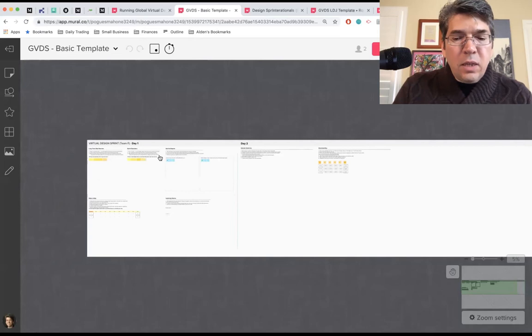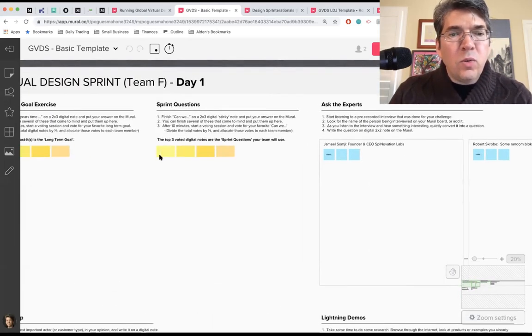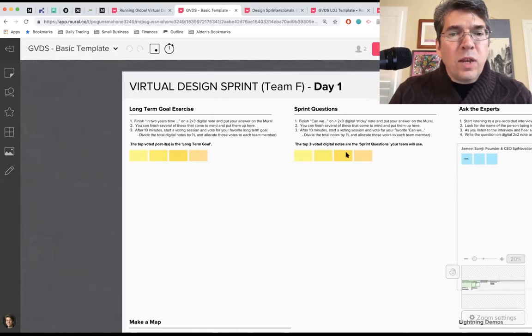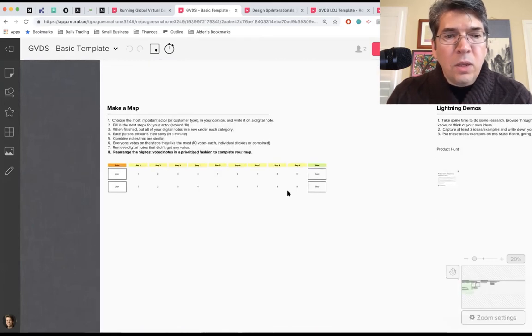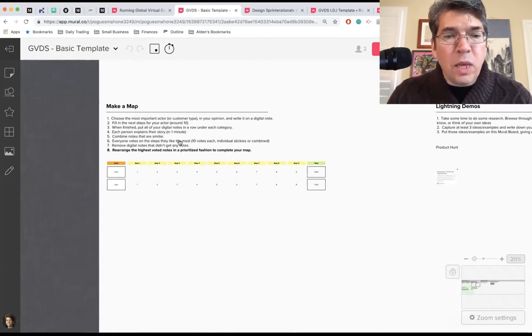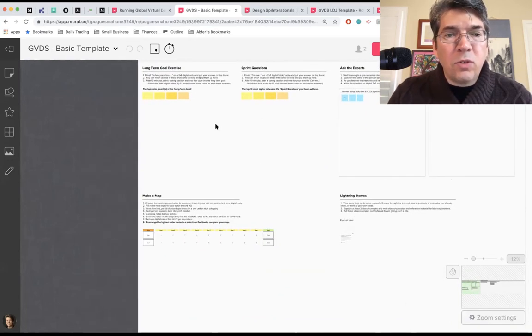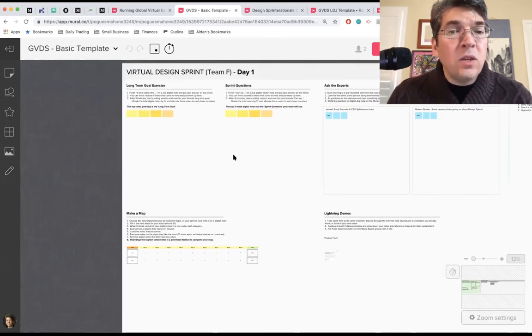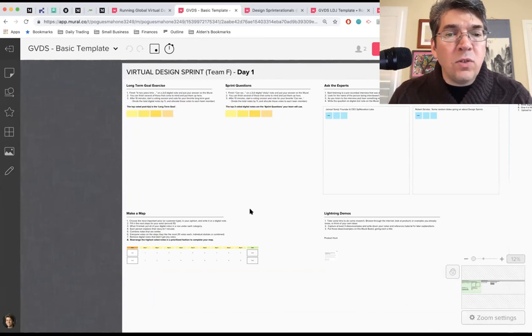So everything, and maybe this is something I should have outlined. The long-term goal exercise and the sprint questions are something you definitely do as a team, together online. The make a map is also something you do online. Now, I will caveat that these 3 particular activities depend on people's schedules, so they don't need to be done back to back. I attempted to do that with the pilot so that you didn't have to get together for an activity, then break, activity, then break. But between all of these 3, this is a good start to get everybody on the same page.